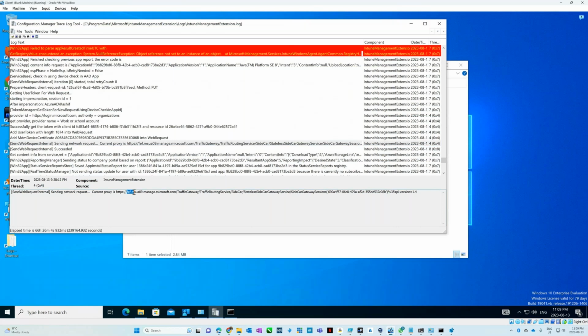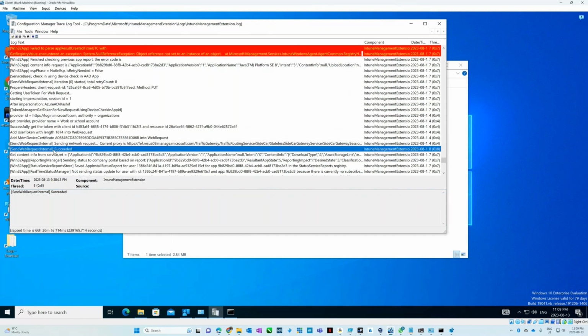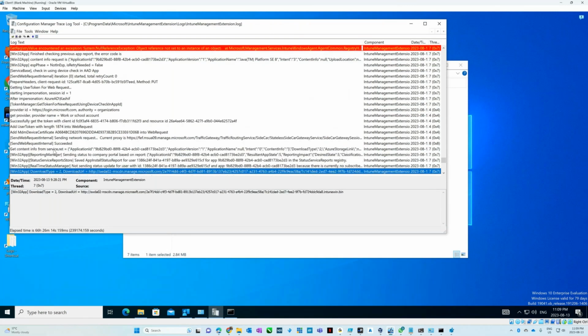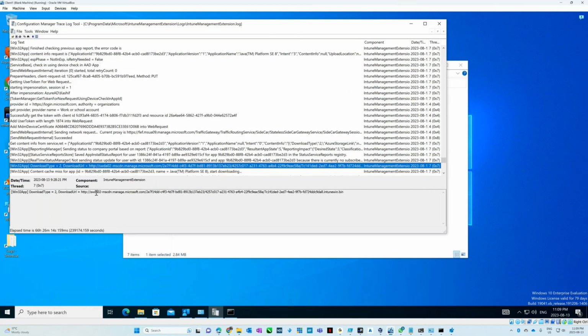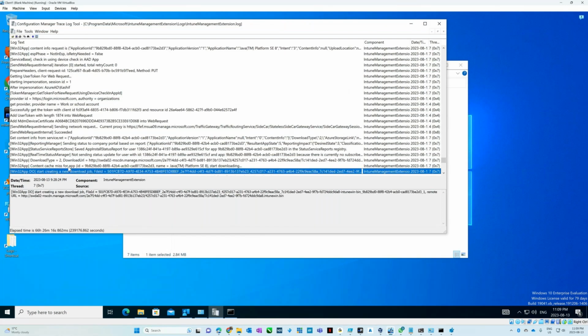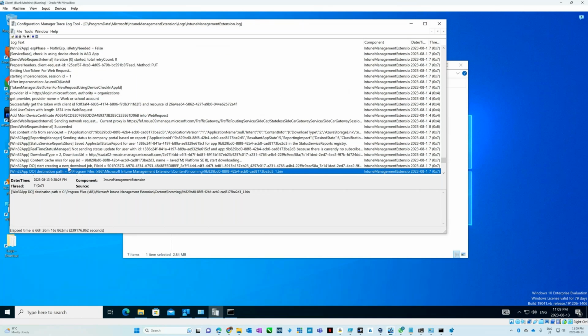Okay, and after download, it will have download type. Let me go down. Download type. See this one, download type. Okay, so this application is downloaded, and after download, it will do the installation. So the application after downloading basically saves the file into this folder: C program files x86 Microsoft Intune management extension content incoming, and this is the GUID of the application. It comes under this folder, the destination folder, right? And then after that,